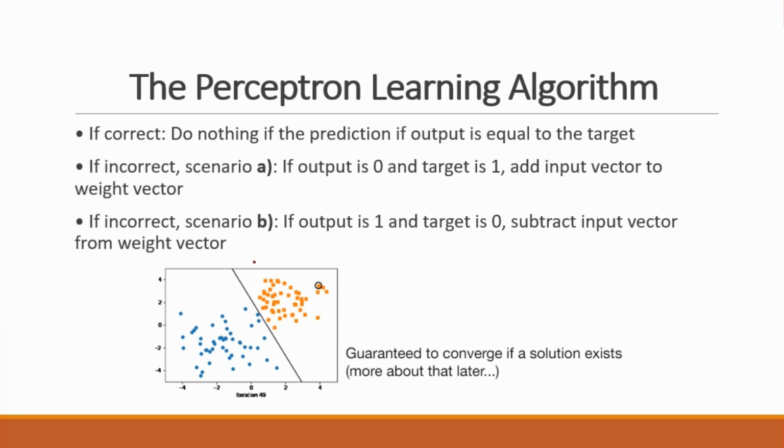What you can see here in the lower left corner is the result. It was 49 iterations, so here's how the final decision boundary looks, and you can see it classifies these two classes, say class 0 and class 1, perfectly. Now though, it's only guaranteed to converge if a solution exists. If there is no solution, for example, if I have a blue dot that is somewhere here, there would be no decision boundary where you can classify this data set perfectly. And what will happen is if the Perceptron encounters this point, it will move the decision boundary more to this